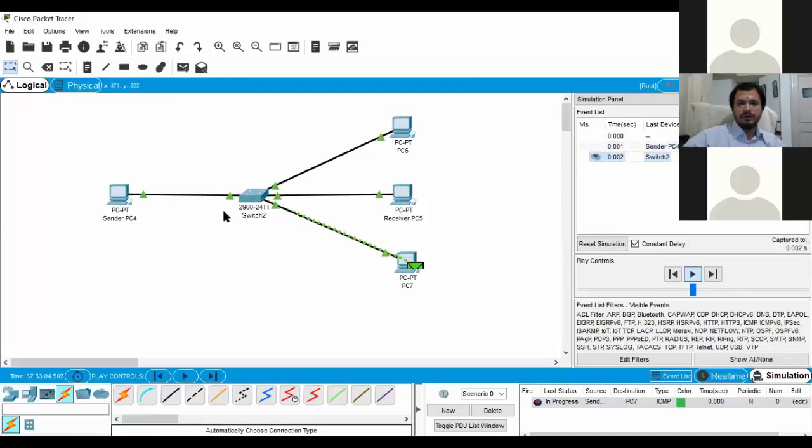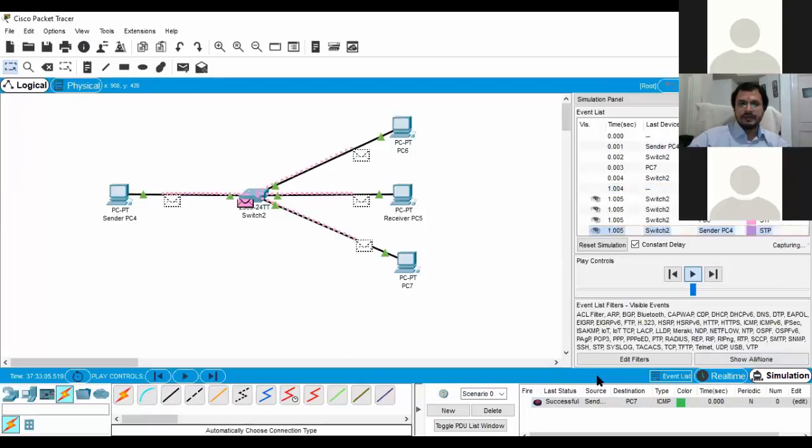Then the switch performs unicasting and it reaches the destination. This is how it is done. Please remember that initially a switch performs broadcasting, and once it has the location of each node, it then performs unicasting.